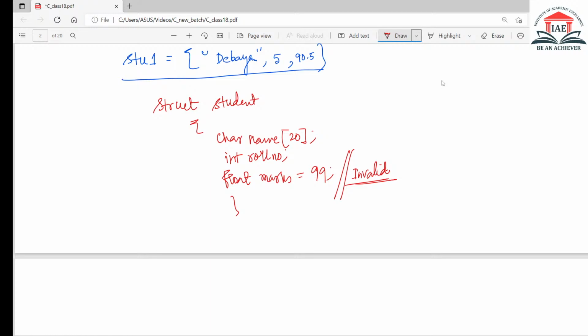If the number of initializers is less than the number of members, then the remaining members are initialized with 0. For example, if you write stu1 and just write a name like Debayan, the rest of the members are automatically filled up with 0. So this is called,